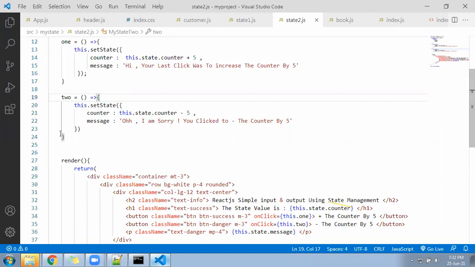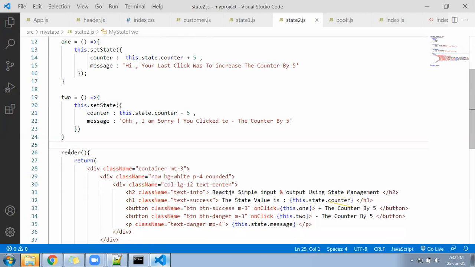After writing, let's come to the browser. Button click, the message should get changed.